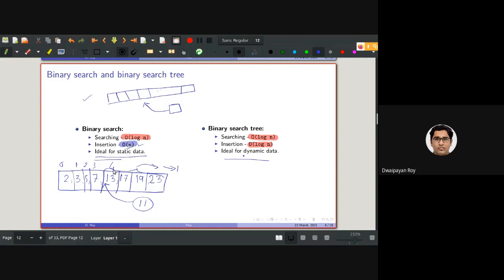Because some execution time will be spent on searching for the location, basically log n time, and order of n time will be spent on shifting the values to the right.